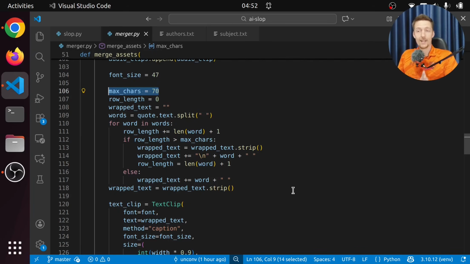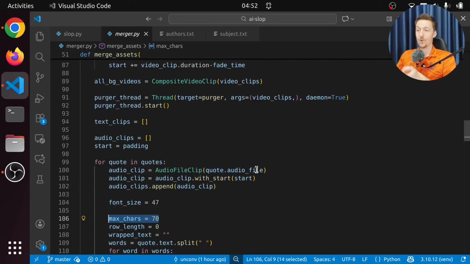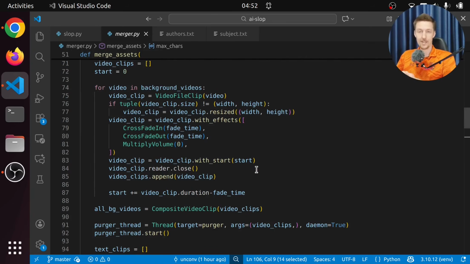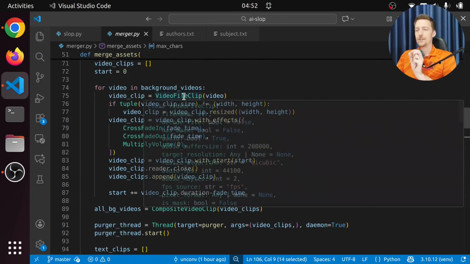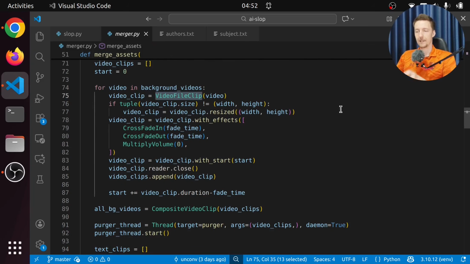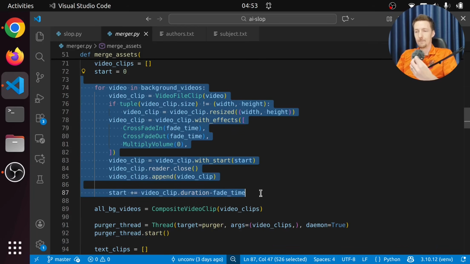Now, I also ran into an issue with MoviePy once I started to use the Pexels API, which is that every time you call VideoFileClip, it will start the FFmpeg process in the background and it will use a bunch of memory. And it does this even if you don't use the video clip right then and there. So what ends up happening is that since we load all of the background videos, which there can be like 12 now, this will use like 8 gigs of RAM, which is quite a lot.